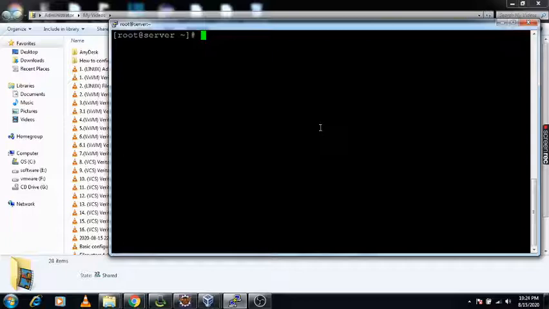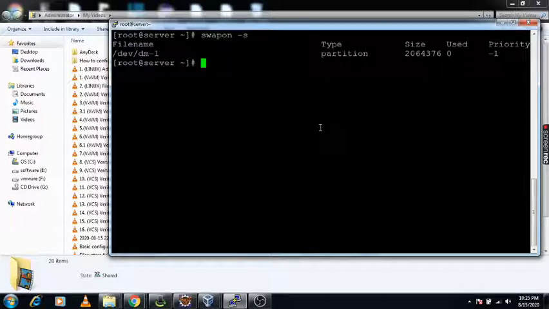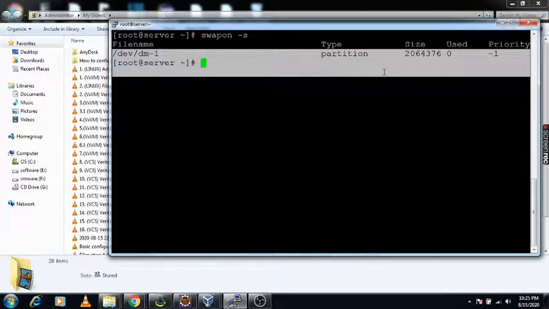This swap space is carved out of the hard drive. Basically it is slower as compared to the physical memory. Using the hard disk we can create the swap space, or we can also use another concept, that is the file concept. Using a file we can create the swap space. Using the swapon space hyphen s command we can check how many swaps are available and their priority. So there is one swap available.